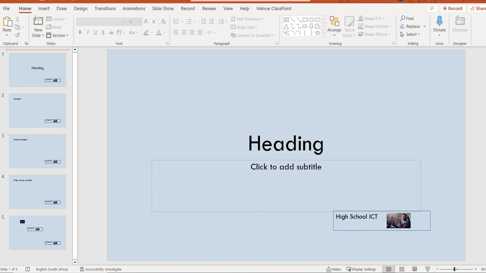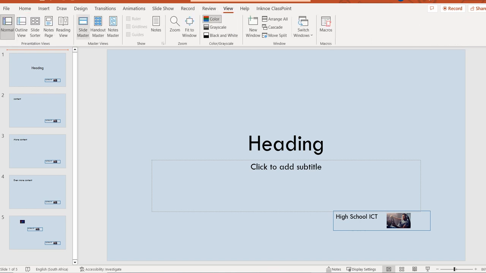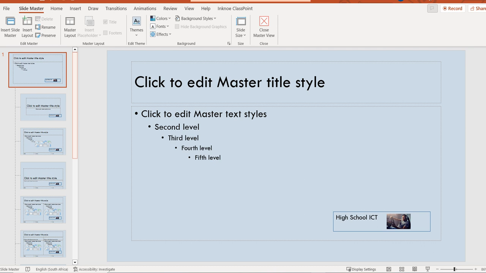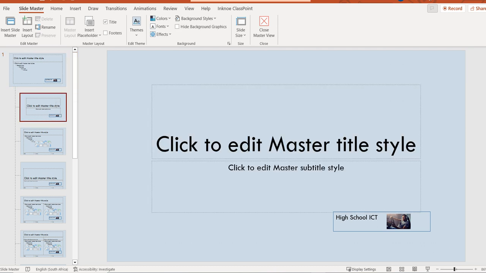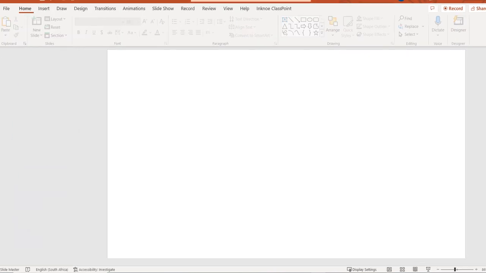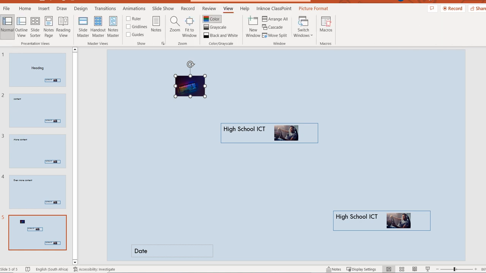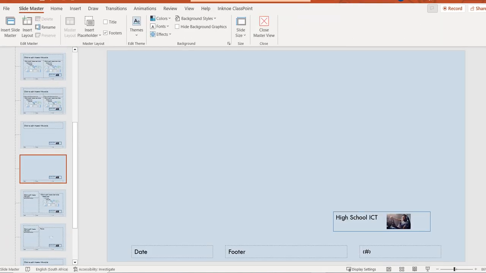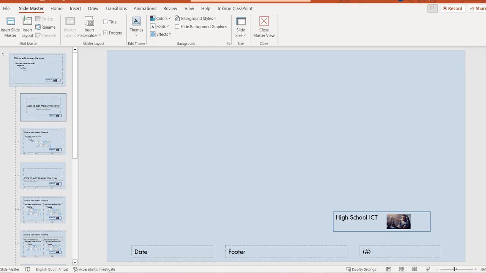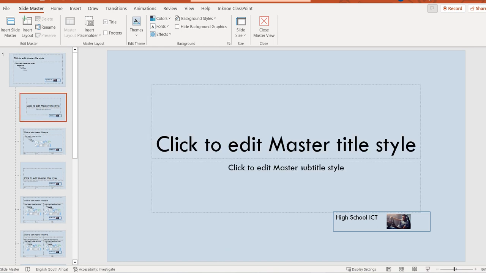Right, what I want to do now is put an image in, but I only want the image on my title slide. So once again, we're going to go to View and Slide Master. Okay, so I'm going to go to my title slide and I'm going to put an image there. So once again, Control C and back to View, Slide Master, up to my title slide, Control V,